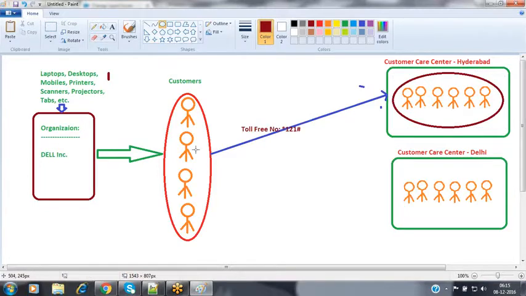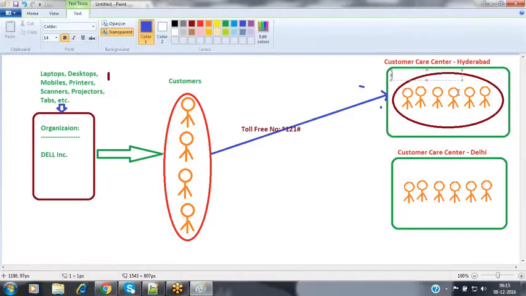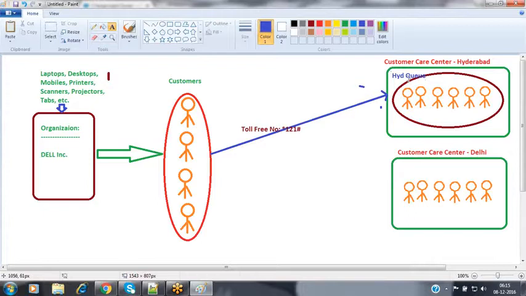Whenever you make a call, if the customer care people are busy with some other call, then your call will be in the waiting state, nothing but in the queue. This is my queue, the Hyderabad queue, or it may be the Hyderabad service queue.